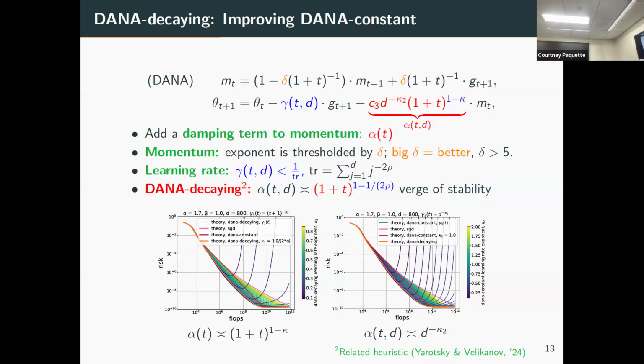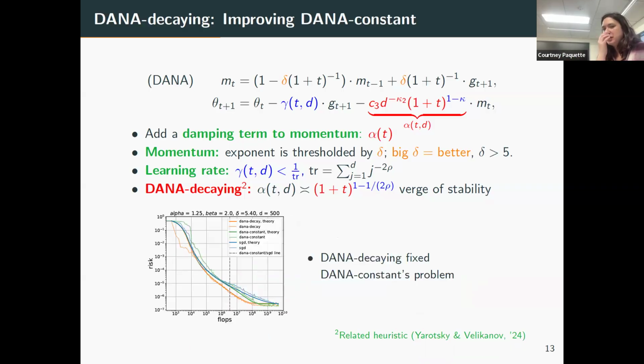Is rho arbitrary? So rho is the power law exponent on the data, not on the targets. That's actually really nice because it's the exponent on the data and not the targets, which you actually have some idea of what it should look like, or at least there's hope for it in LLMs. This really does fix the problem.